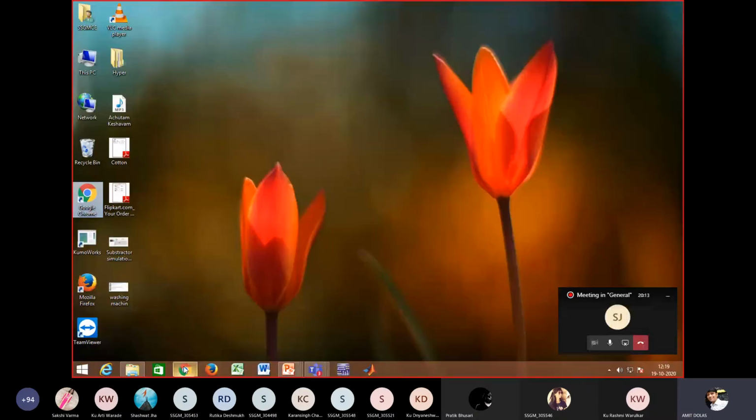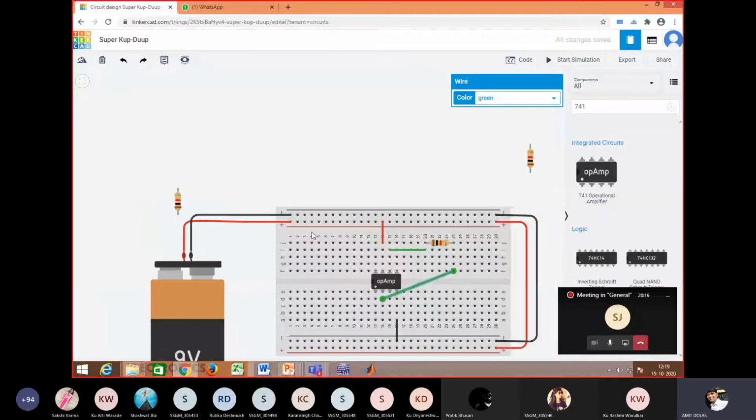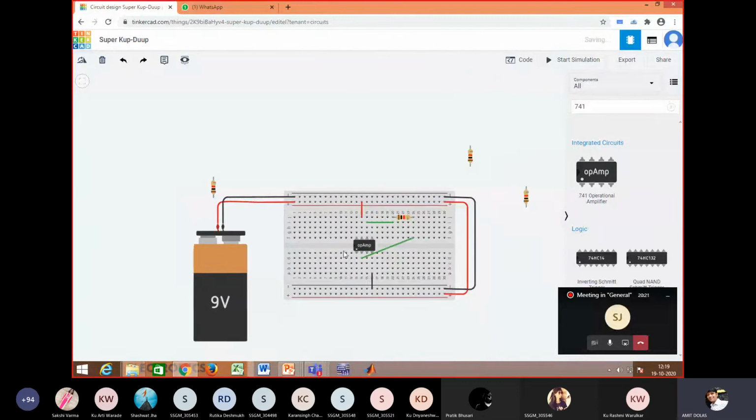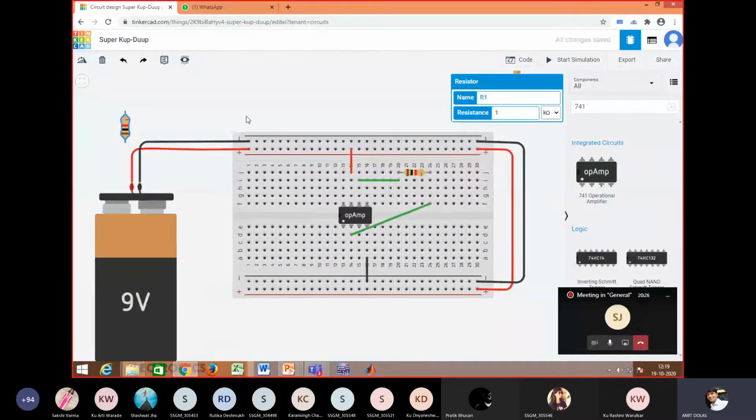So coming back again to Tinkercad, here I'll use another resistance and I'll rotate it, and it must be in pin number 2. So I'll keep it here.